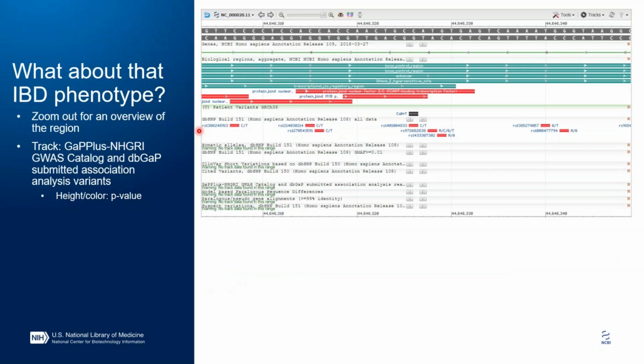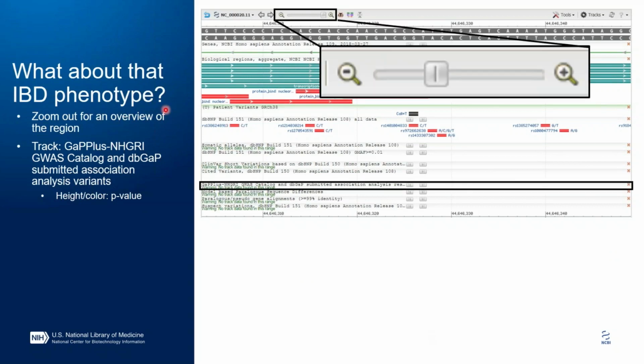Lastly, let's return now to that irritable bowel disease phenotype that our collaborator mentioned to us. The genetics and variation track set that we've been using also includes a track called GAP Plus NHGRI GWAS Catalog and dbGAP Submitted Association Analysis results, which features the top GWAS results submitted to dbGAP plus published results from the